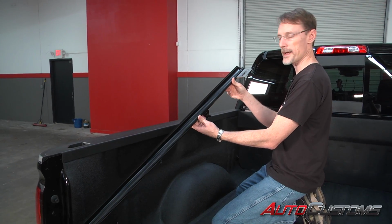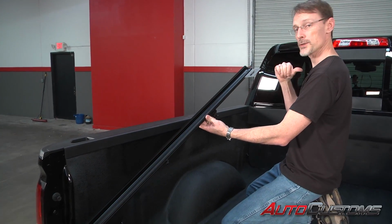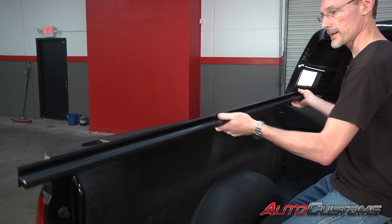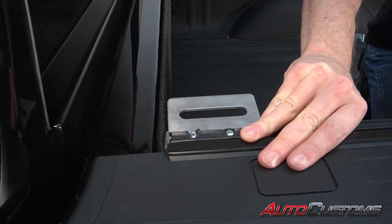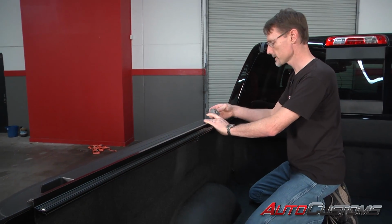Okay, so we're going to locate the passenger side rail. We've got an aluminum tab that comes out of the front of it, points to the inside of the bed. We're going to take that rail, and you notice it's got a flange on there. It's going to hang right on top of the bed cap. It's going to slide all the way up to the bulkhead where it's touching the bulkhead. Now once it's touching the bulkhead and sitting nice and level, we're going to go ahead and start installing the